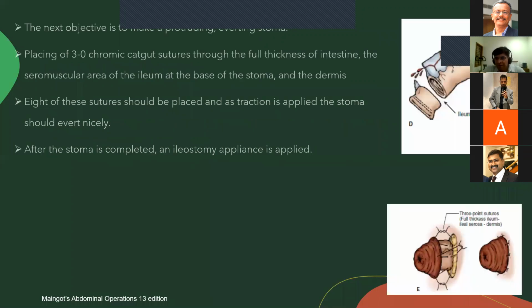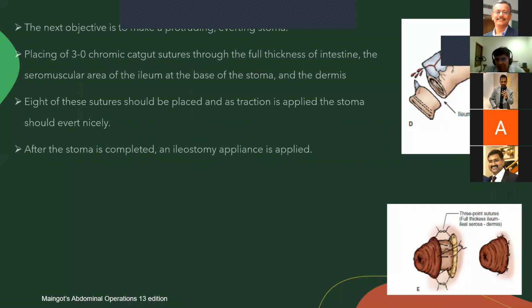Saurav, is there any other method of achieving a good spout? Sir, I only know this method, sir. You can use gentle Babcock's forceps and put one Babcock forceps at the end of the stoma.